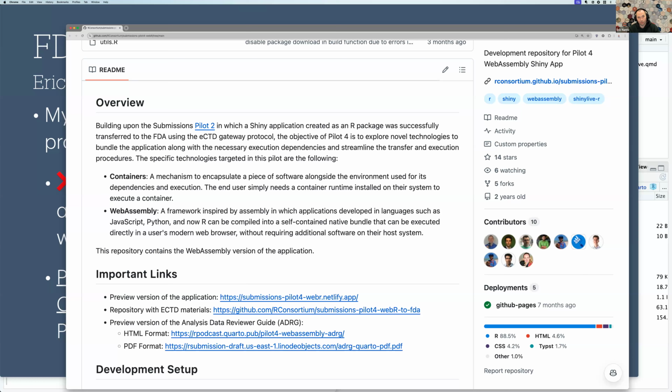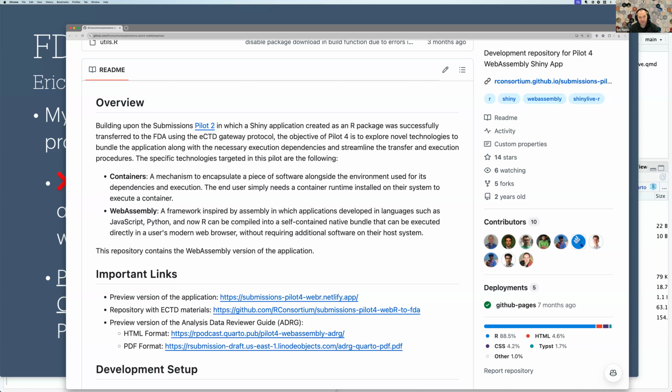A WebAssembly application powered by shinylive can take advantage of the Shiny ecosystem, but now in a way where they don't have to run this on an instance of, say, Posit Connect or some other hosting provider. They can all run this locally on their respective machines.